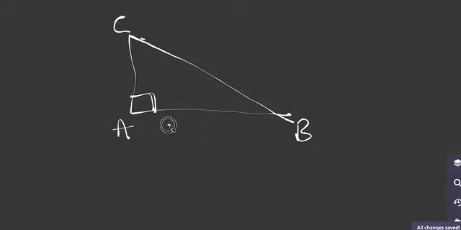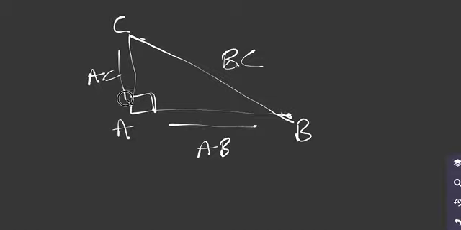where if you were to refer to this side, they call it AB, just using the ends of each side. To refer to this side, they call it BC, or you can also say CB, but they just put it in alphabetical order. And this side you would call AC. So then, if you want to use Pythagoras' theorem,